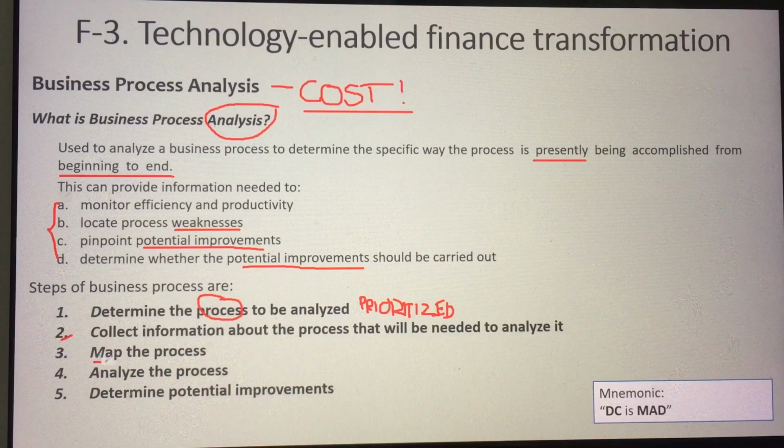Now, once you get the information, you need to map the process. What do you mean by map po? Meaning, you put it in a diagram, you put it in a flow chart, no? For you to have a better understanding and view of how the process works. Okay? Mas madali kasi siyang intindihin pag drawing, guys, no?